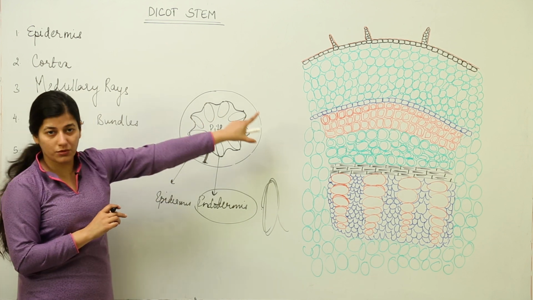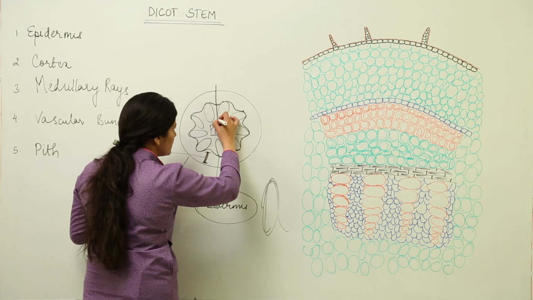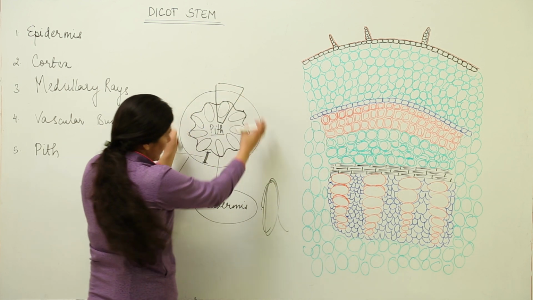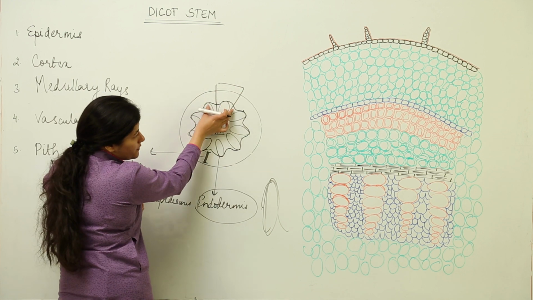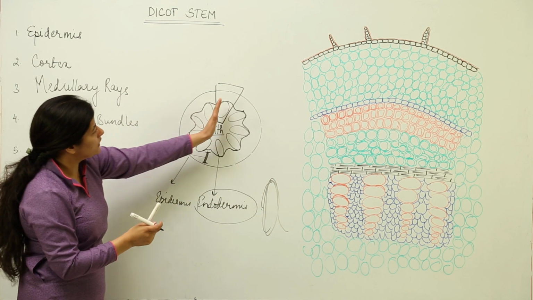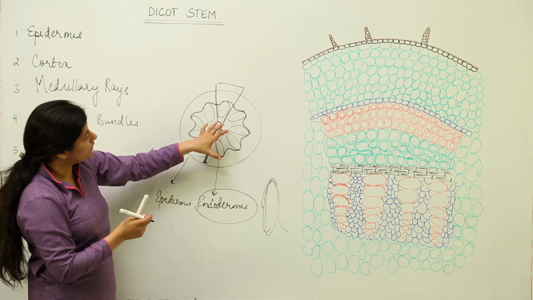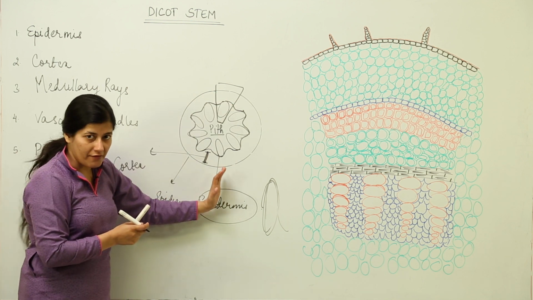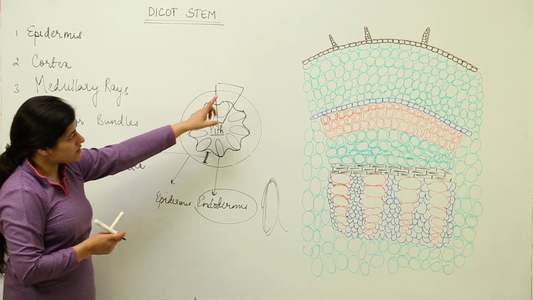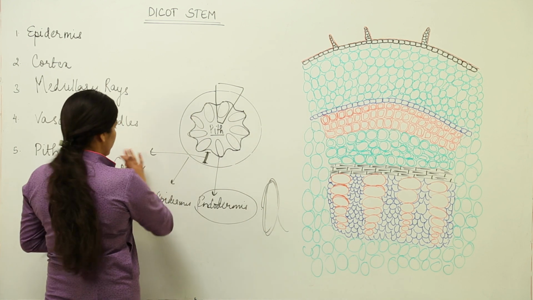Now, what we have represented over here does not seem as simple as we have drawn here. So, we take a part of this region and draw it over here. This is what has been done. This is the entire stem. A part of the stem is being magnified and observed under the microscope in order to understand the arrangement. Because you can see that this region is a repetition of this, then followed by this, this would be a repetition, this would be a repetition. So, it's better we consider this much region where we have all the components represented in an array, and we can understand that. So, taking this part under the microscope, we observe the arrangement in such a way where we have, now I am going to rub it,